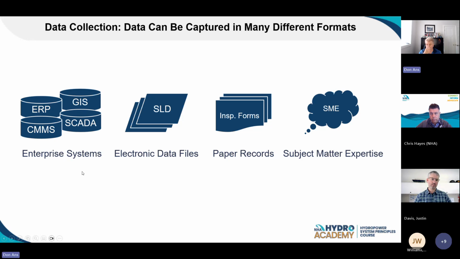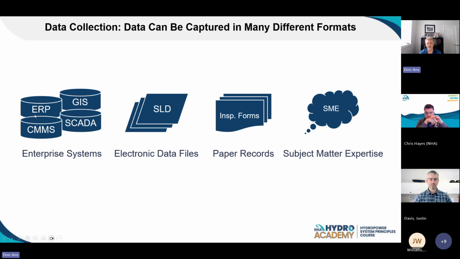And just to give you an idea of some of the systems that you'll run into in asset management. So I've said a few times the CMMS. For those of you that aren't familiar with it, the enterprise system of CMMS is a computerized maintenance management system. A lot of those you'll see would be Maximo or SAP. SCADA, system control and data acquisition, would be used typically at a system level for control. GIS for a geographical information system,